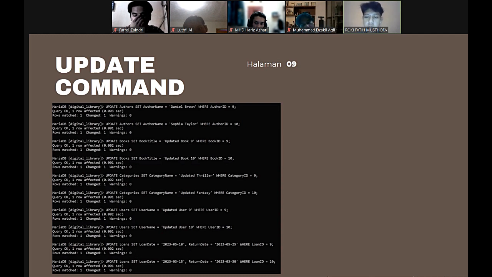in the category table. The seventh, this command updates the username column value to update username for the row with user ID 9 in the user table. The eighth, this command updates the username column value to update username for the row with user ID 10 in the user table. And the ninth, this command updates the loan date column as follows to